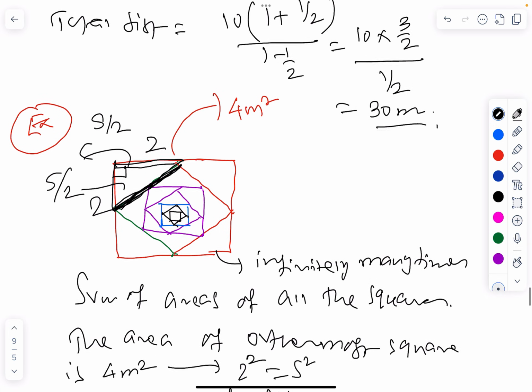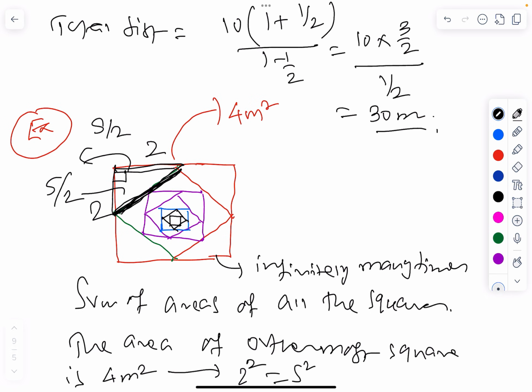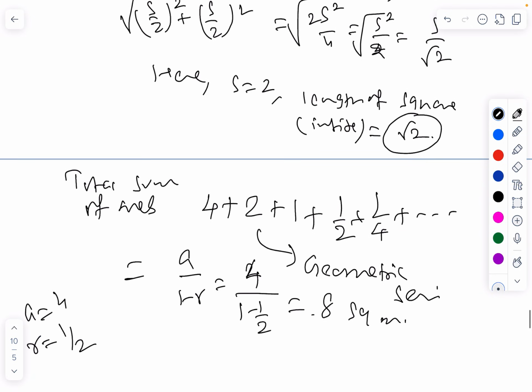So the outermost square's area is 4, and the total area of all the infinitely many squares is 8. Okay, so that is the way you have this kind of example of a geometric series. If you want, we need to sit one more time and